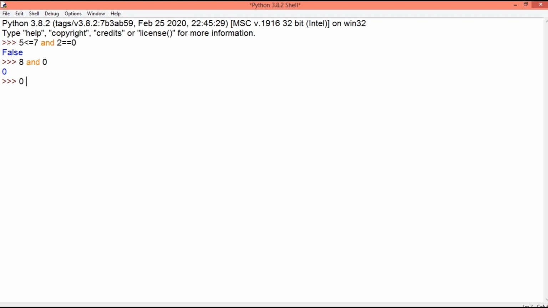If I write 0 and 9, then in this case, because the first operand is coming out to be false, it will not evaluate the second operand, which is 9, and will return the value 0 in the answer. Which means the AND operator will test the second operand only if the first operand is true.